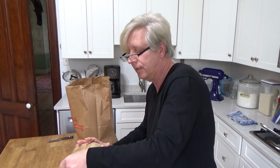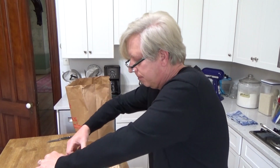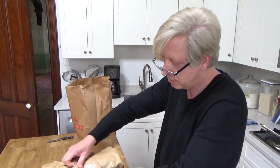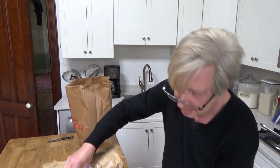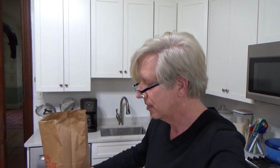Just want to have a look at this. See if this brown paper bag is wrapped around something else. Maybe not. Probably it's not. So I'm not going to open it just yet because I think the flour is right inside. Okay. So anyway, I will